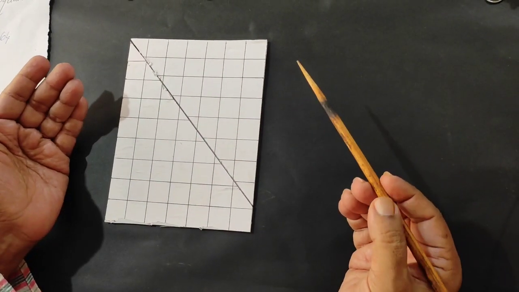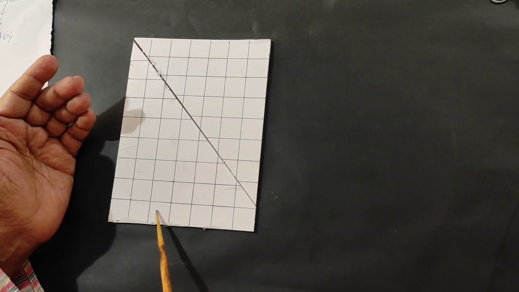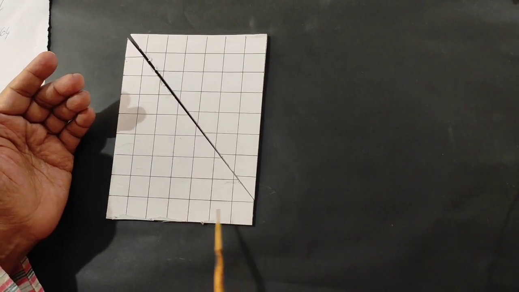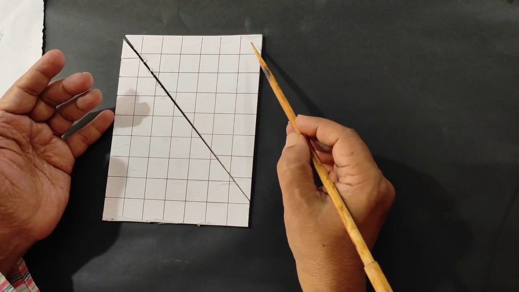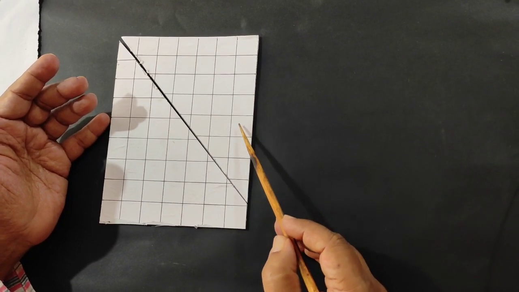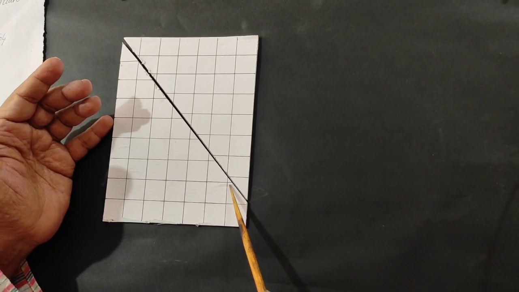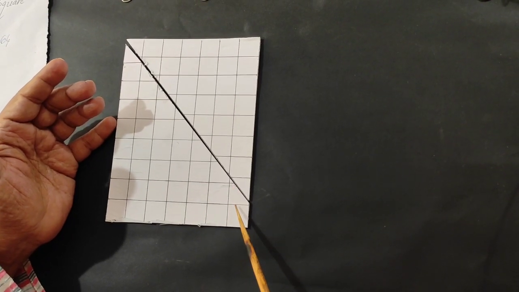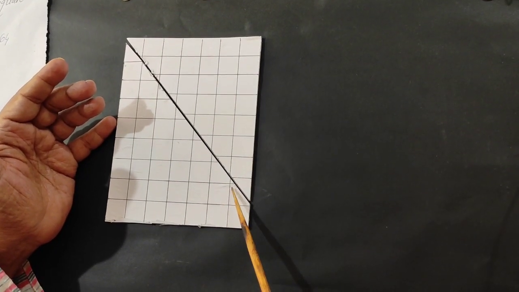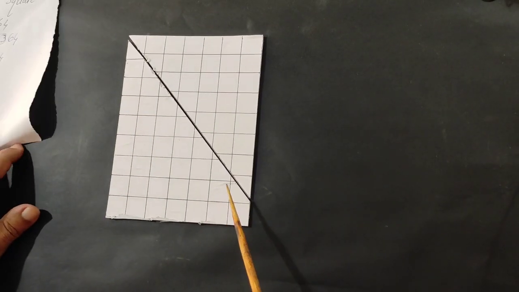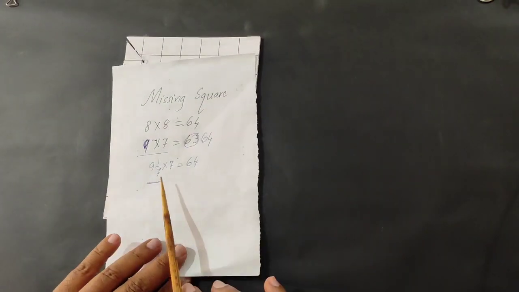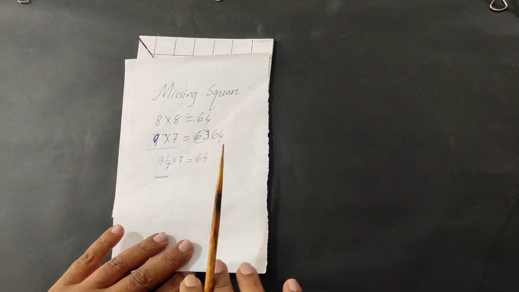That's why it is looking like a rectangle. So the measurement is so important. 1, 2, 3, 4, 5, 6, 7. These are full squares. But this is not 8, it also contains something extra. That's why it is 9 1/7. So 9 1/7 into 7 is 64. The area has not changed.